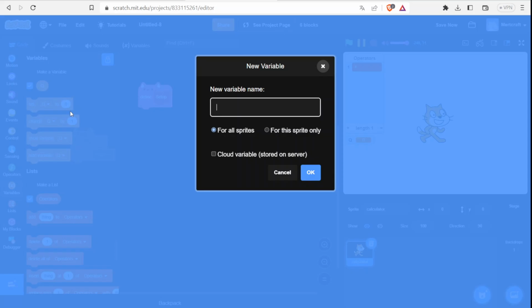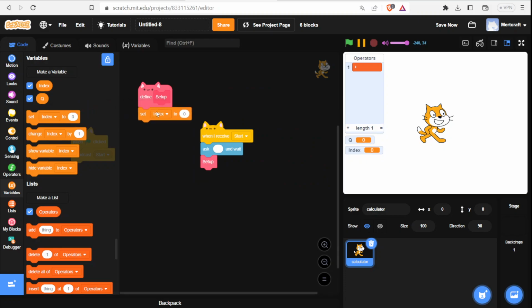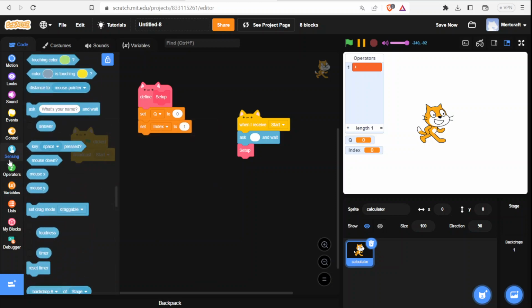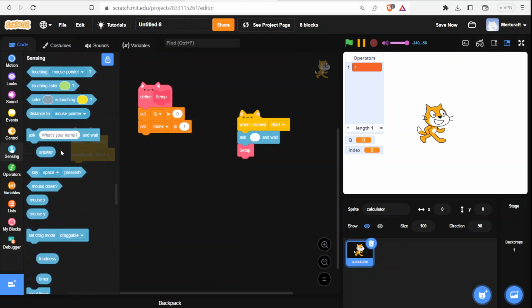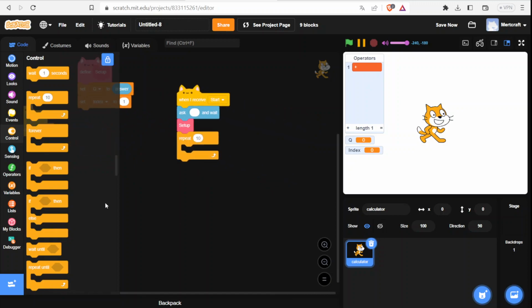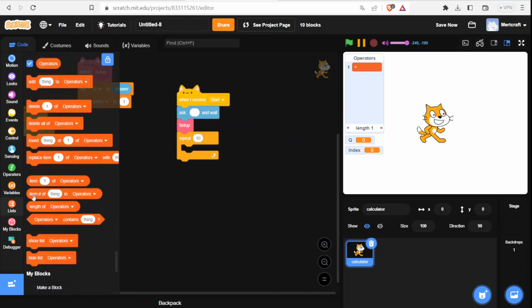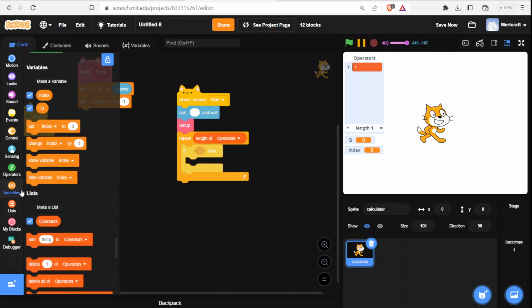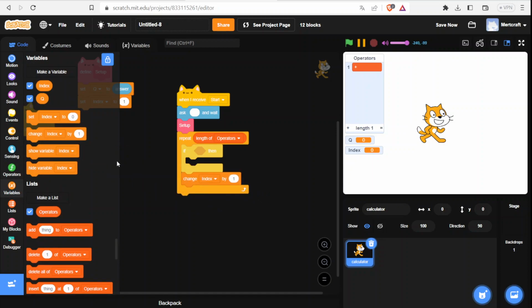Another variable called, wait, what can we call this? Index. Okay, set index to 1, set Q to answer. And in here, repeat length of operators, if then, and under the if, change index by 1, and put in the if